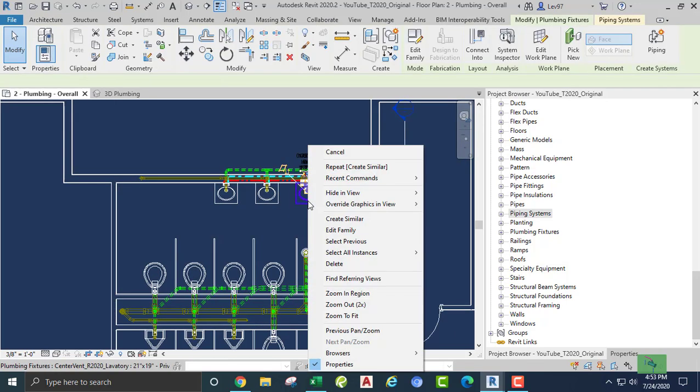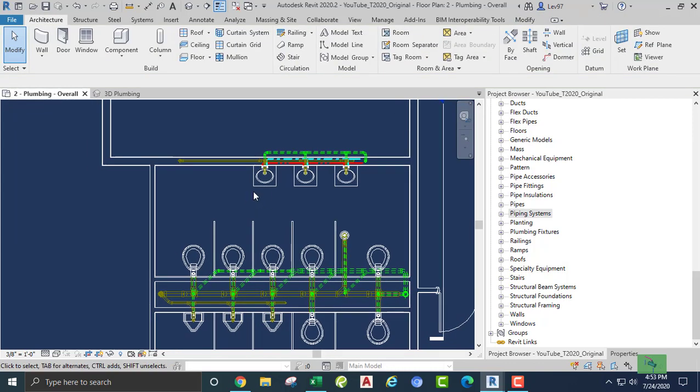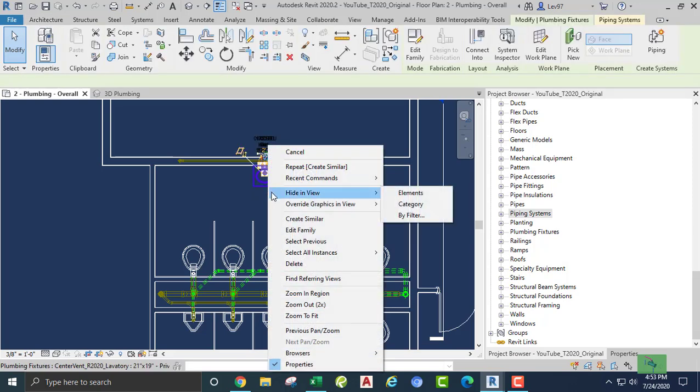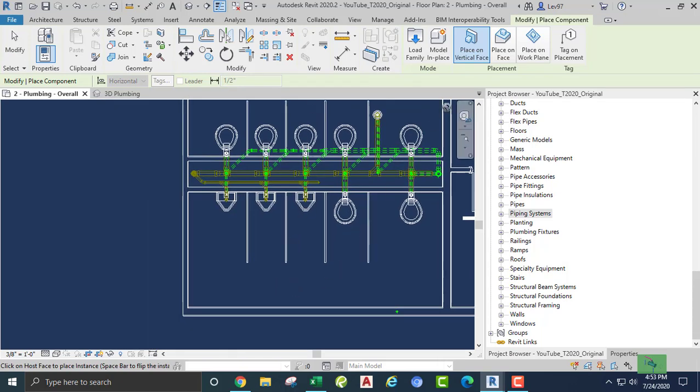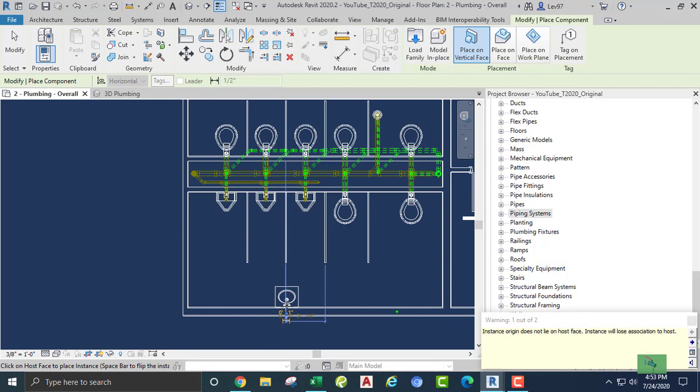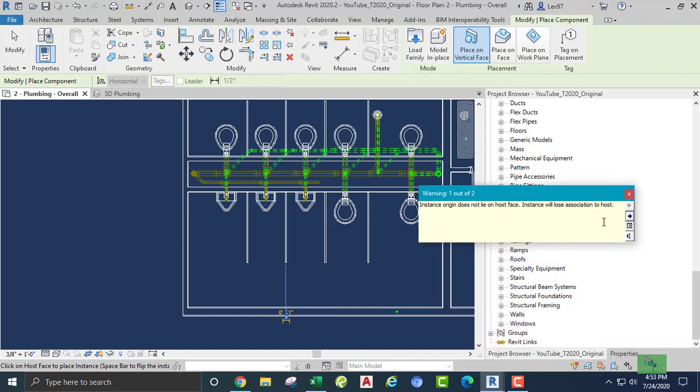Okay, let's try this again. So I'm gonna create a similar. I don't know why it says create similar. I'm gonna copy this lavatory, but I want to put it on this vertical face. Instant origin does not lie on host face. Now, why am I getting